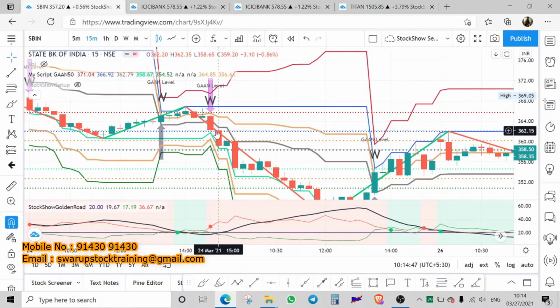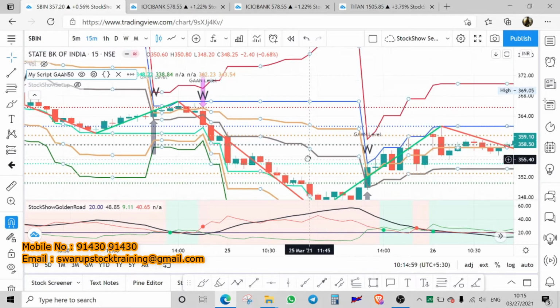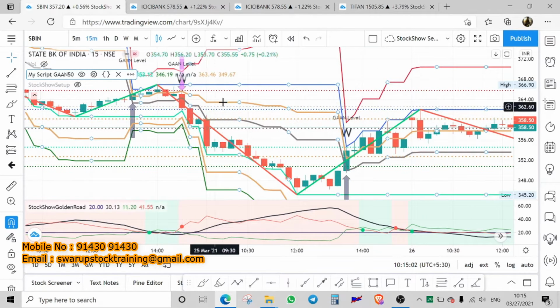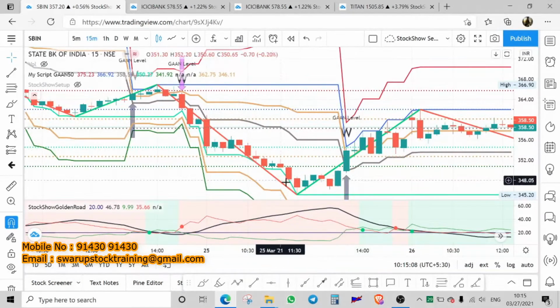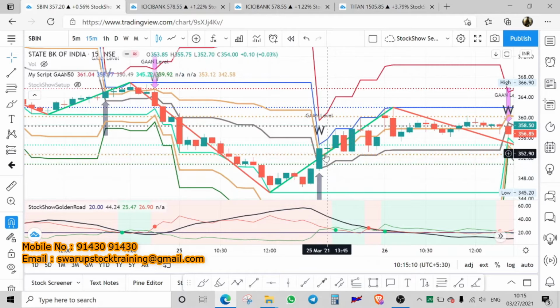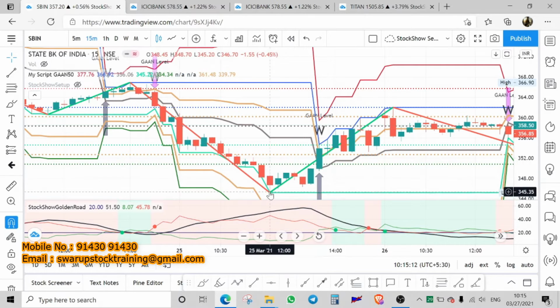So I have started riding the trend, and once it touched 360, you get a very small green candle. But since I have not got the back to back arrow, I am still in the trade. So basically this is independent of your emotion. So you keep riding until this point here, or once the trend line changes. Once the trend line changes, you can always book a profit here.